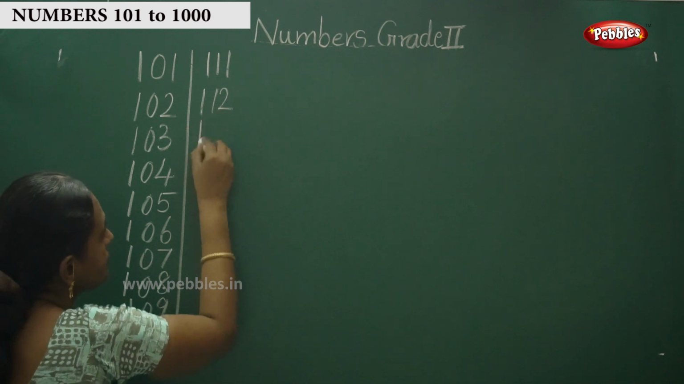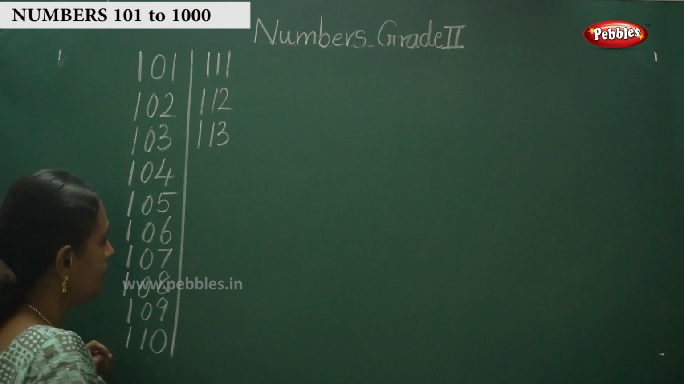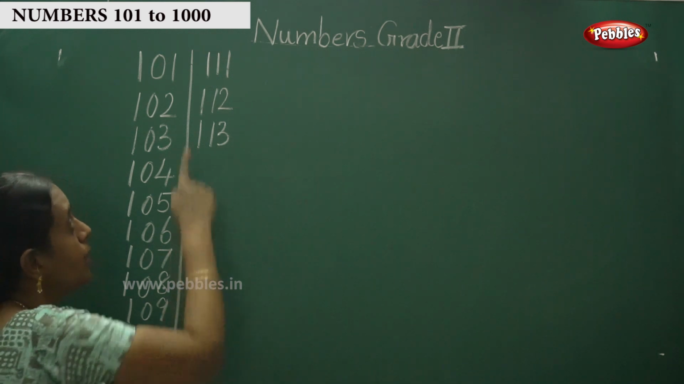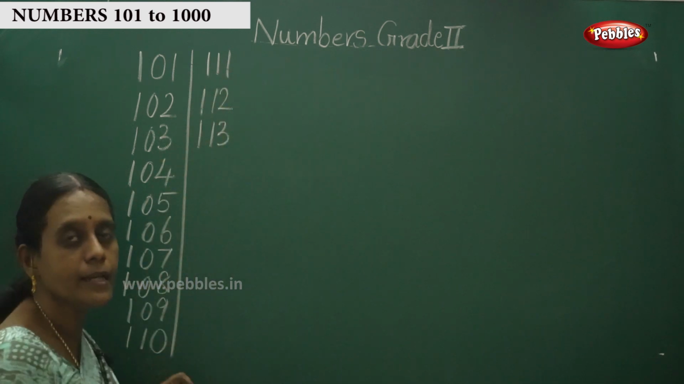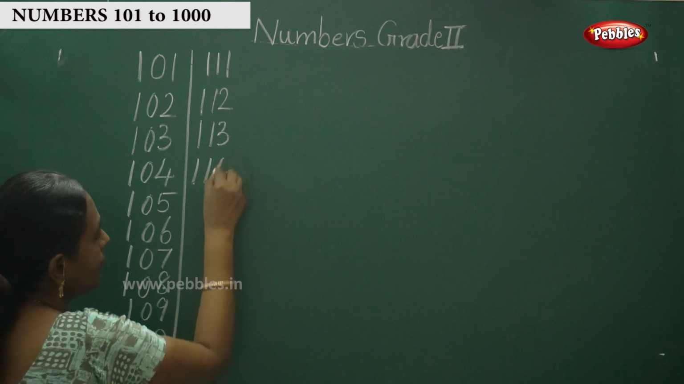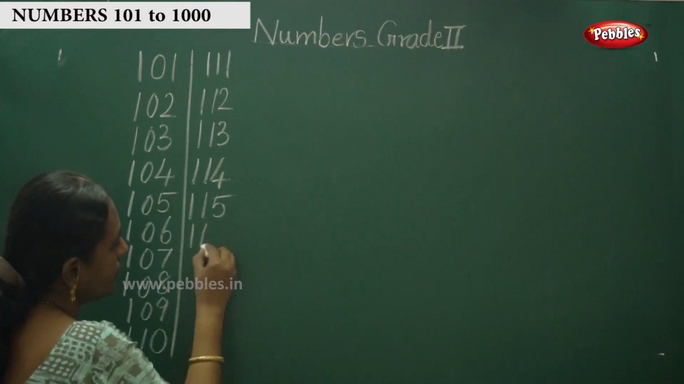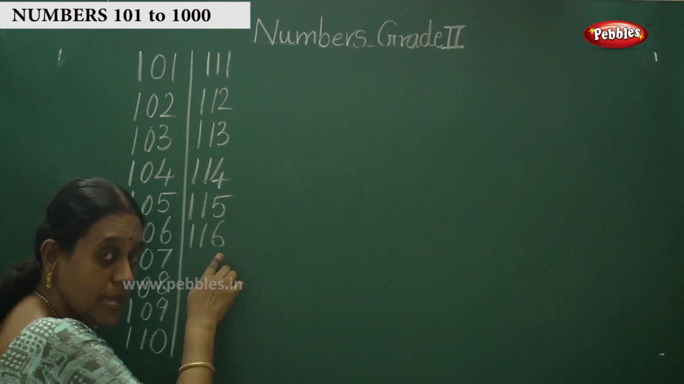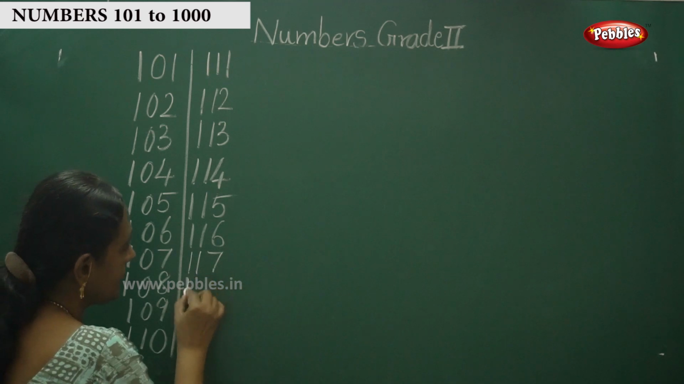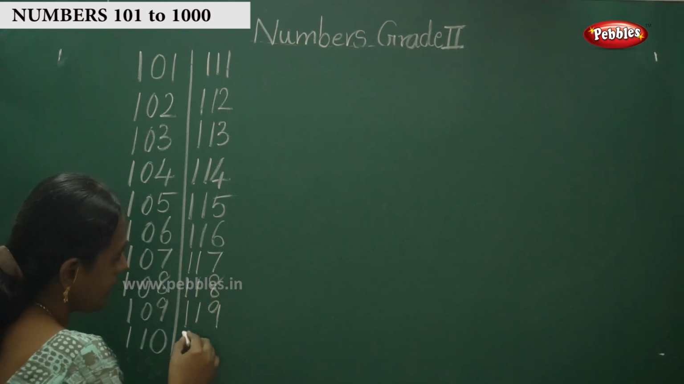112, 113. Simple way. Easy எழுதிடலாம். 100 வந்து 1 எழுதி 10 எழுதணும். 110. 1 எழுதி 11 எழுதினா 111. இந்த மாதிரி 1 எழுதி 14, 1 எழுதி 15, 1 எழுதி 16 and how do you say 116, 117, 118, 119 and